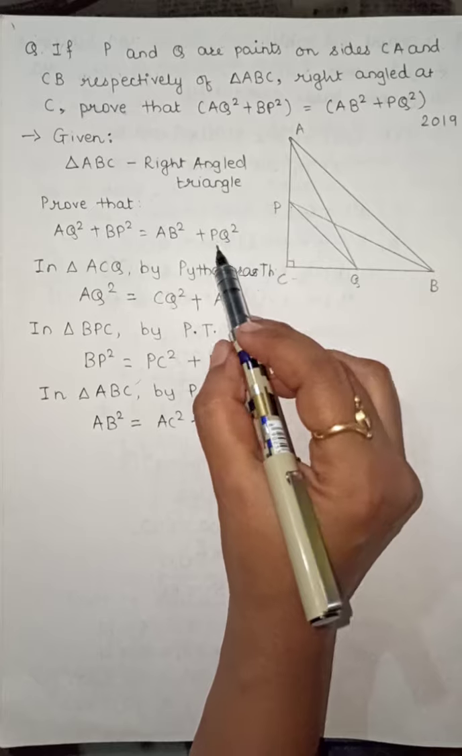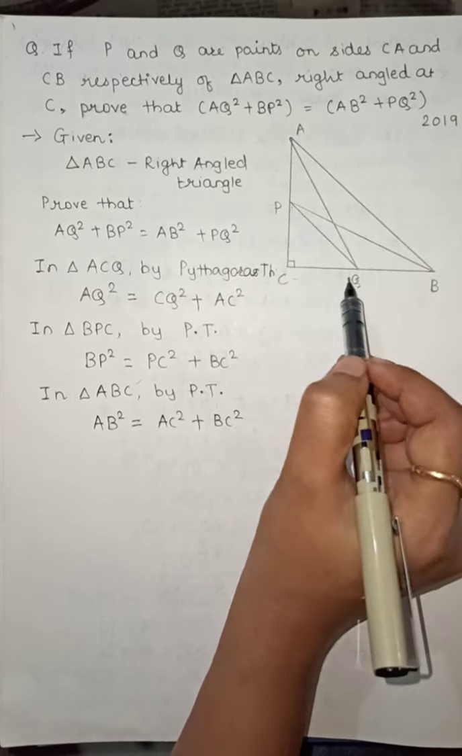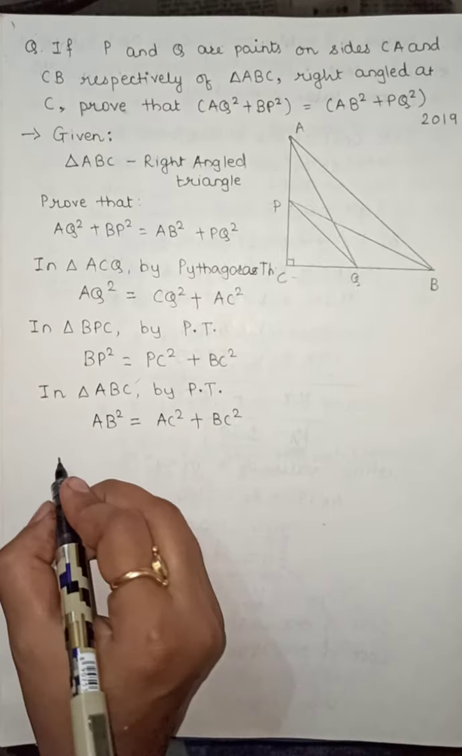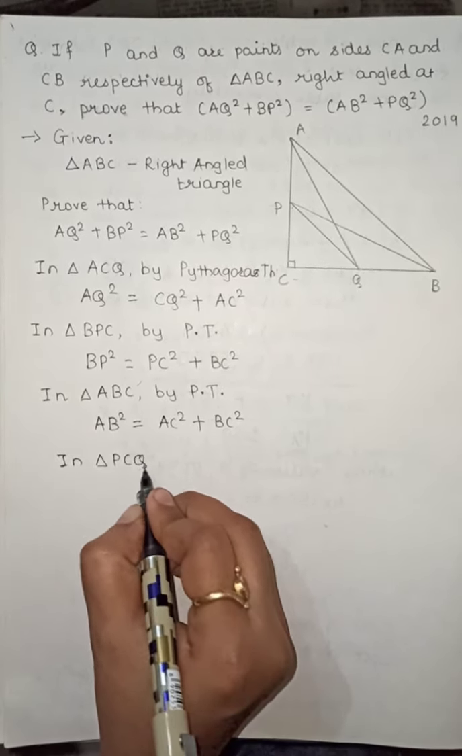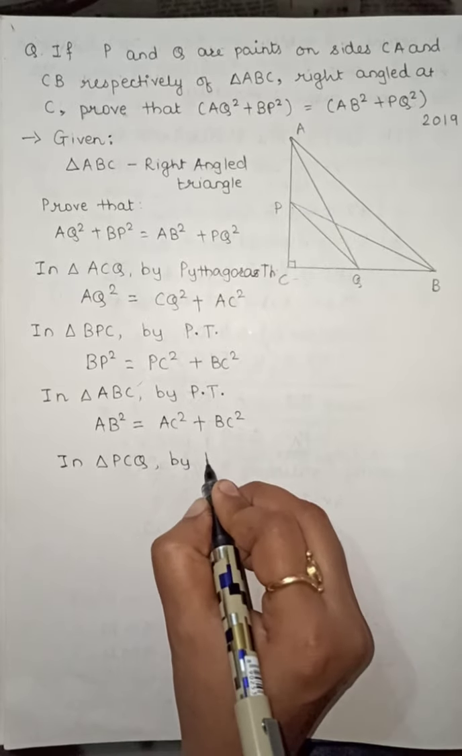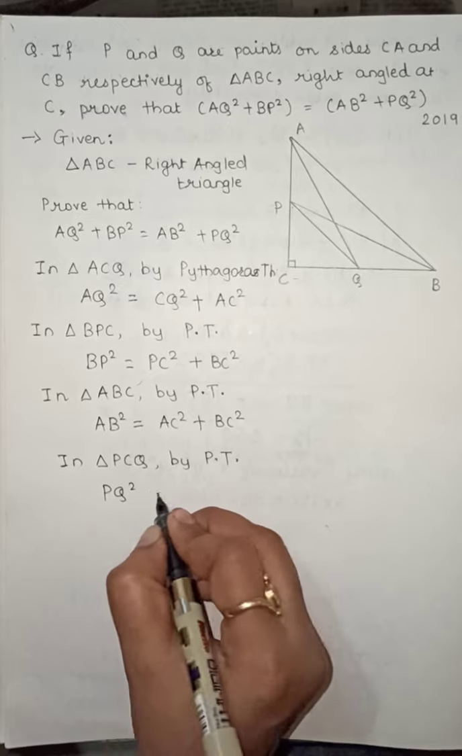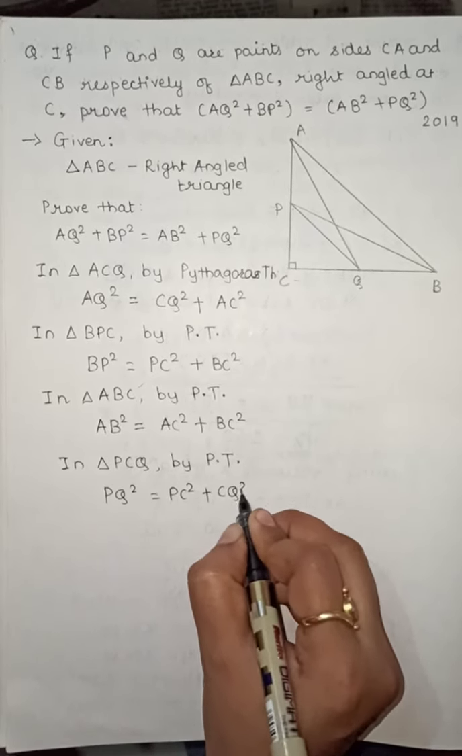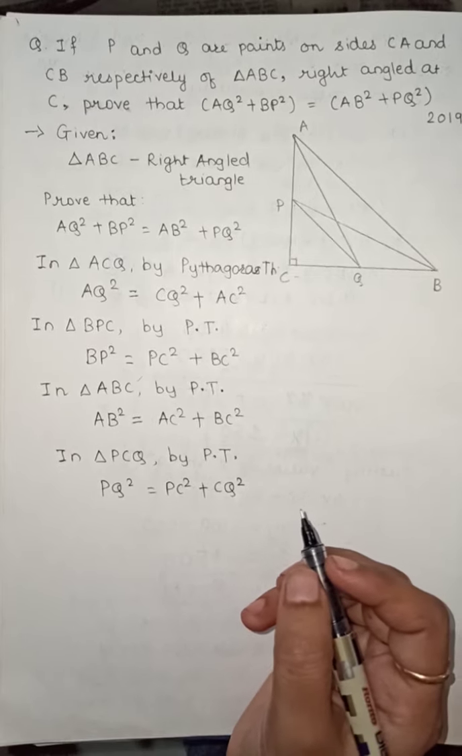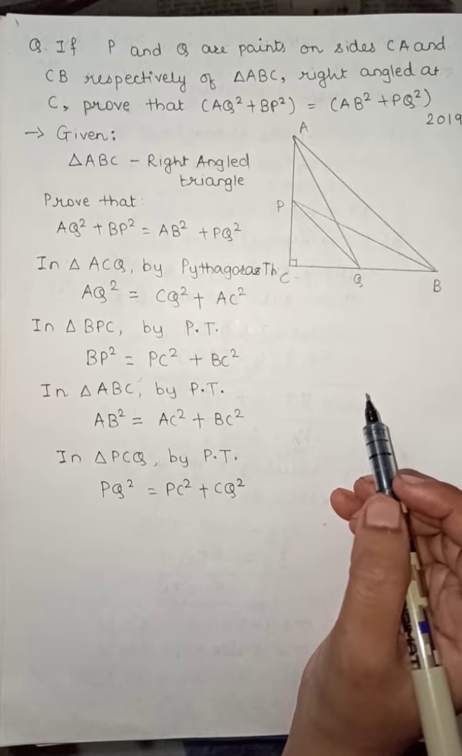And lastly, PQ square. Now PQ is a part of triangle PCQ, where PQ is the hypotenuse. Again applying Pythagoras theorem, in triangle PCQ, by Pythagoras theorem, PQ square is equal to PC square plus CQ square. Okay, so very easy. Until now we have just applied the Pythagoras theorem in 4 different triangles, and which triangles we will be considering,